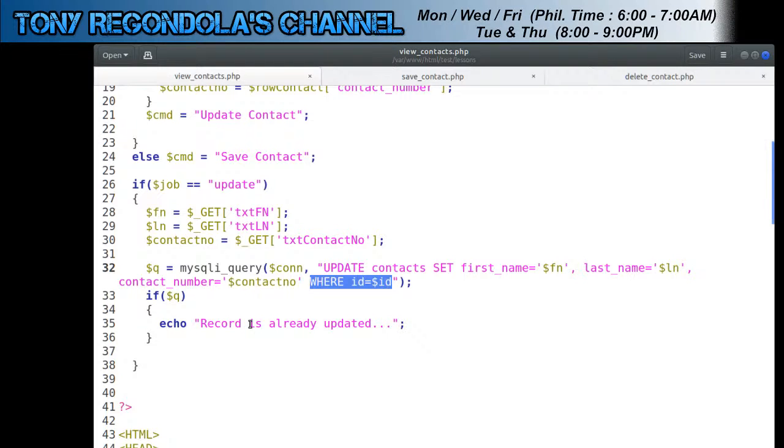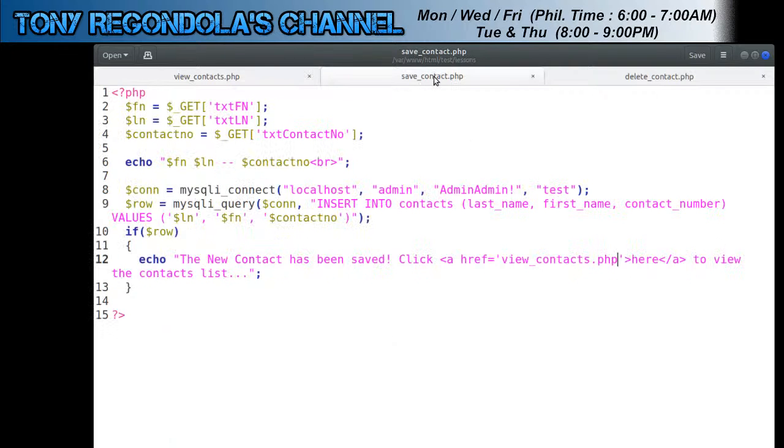So again, we have already done the create to insert a new record, and read, because at first we viewed the contacts or the records, so we have the read, and now we have the update, and then the create also for saving the contact. So if it's not updating, it's saving, so we are inserting a new record into this table. Again, if it's last name, it should be last name at first. If first name